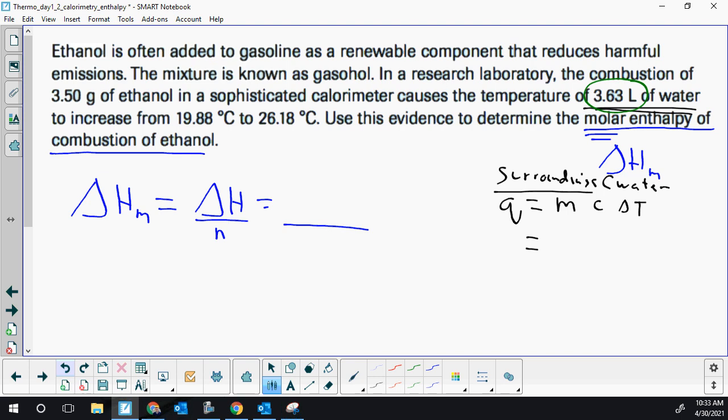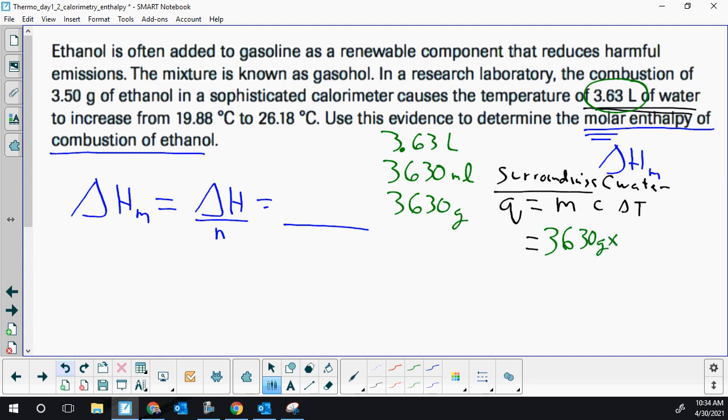So I have to do a little bit of conversion. We have 3.63 liters, but I want that in milliliters because I know every milliliter of water is a gram. Now your data booklet has the meaning of all the prefixes. Milli is 1/1000th of a liter. Okay, there's 1,000 milliliters in a liter. So this is 3,630 milliliters. Okay. Or because it's water, that's 3,630 grams, because a milliliter is exactly a gram just for water. So that is our mass,